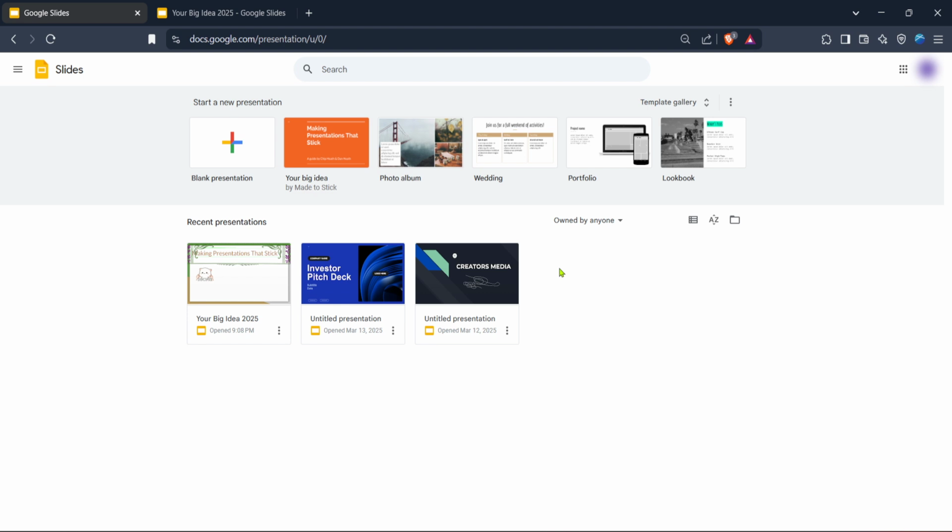First up, we need to head over to Google Slides. So fire up your web browser and navigate to Google Slides. If you're not already signed in, the next step is to log into your Google account. This will give you access to all your saved presentations and the full suite of Google Slides features. Once you're logged in, you'll land on the Google Slides homepage, where you can either open an existing presentation or